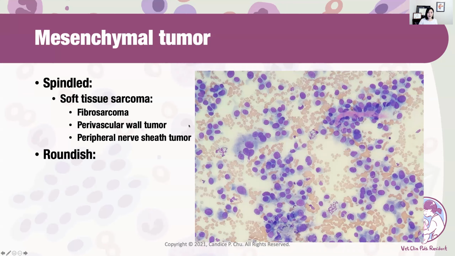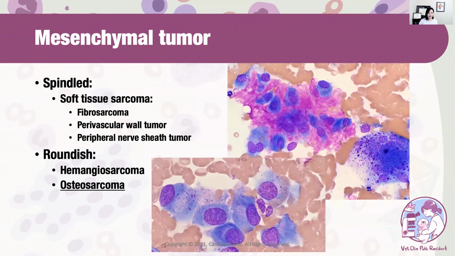Also, there are more roundish mesenchymal tumors. For example, this one is an epithelioid hemangiosarcoma. You can notice that the cells are still considered spindle cells because you see indistinct cell borders. Occasional cells still have wispy tails, but overall it looks slightly more roundish compared to their really spindle-looking relatives. And then this is